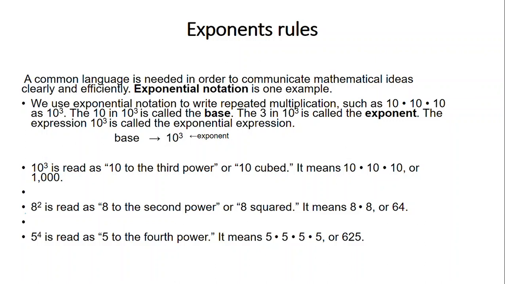Second example, 8 squared, or 8 to the second power, means 8 times 8, and of course it's going to be 64. Example number 3, 5 to the fourth power means 5 times 5 times 5 times 5, and if you multiply, 5 times 5 is 25, times 5 is 125, times 5 is